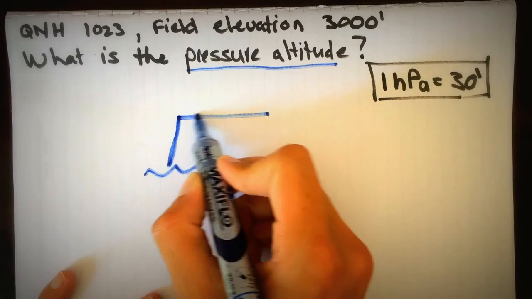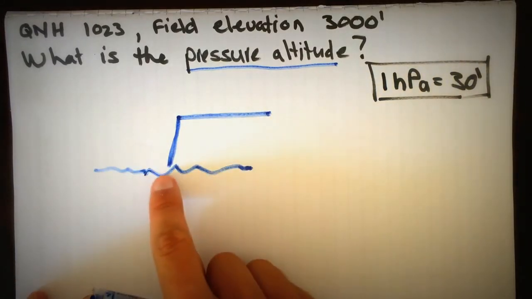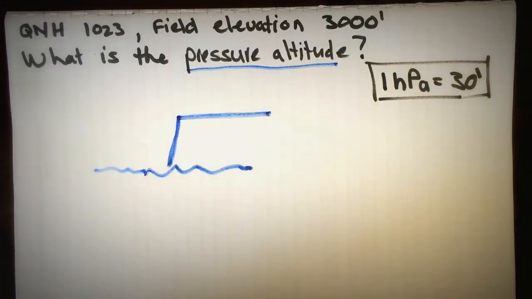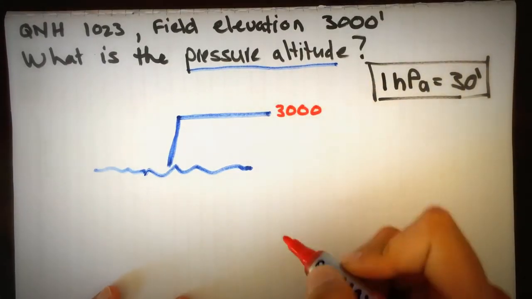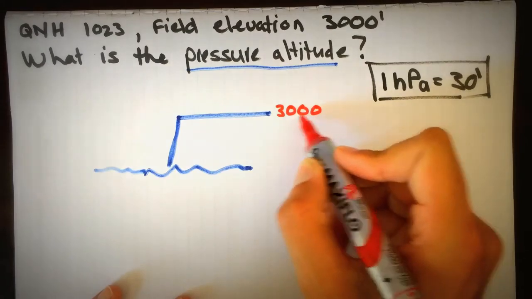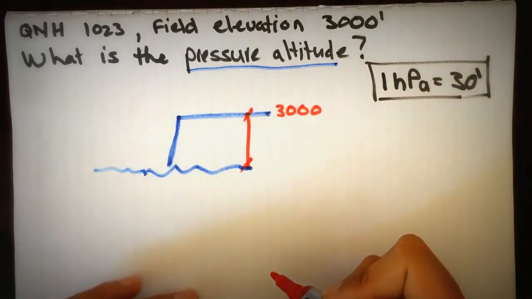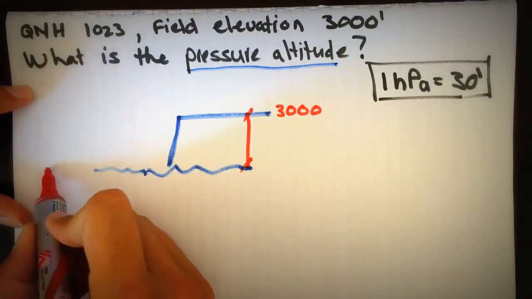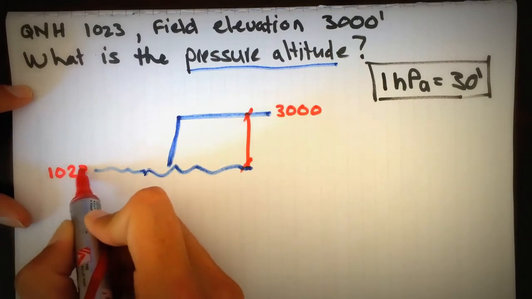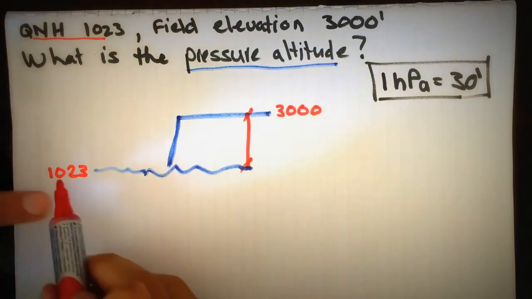Now, kind of trying to figure out what this is. This is your ocean over here, and then this is land. So what do we know about this field? We know that the field is 3,000 feet, so I'm going to write 3,000 feet. Now remember, 3,000 feet is from there all the way to sea level. Then we also know QNH 1023, so I'm going to write QNH in over here, 1023. And remember, QNH is the pressure at mean sea level. So that's why I've drawn it at